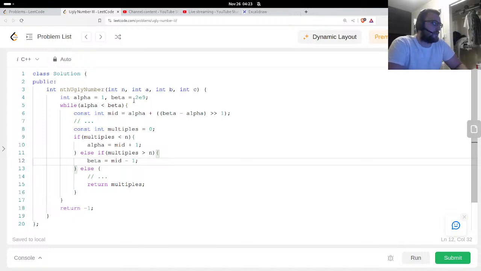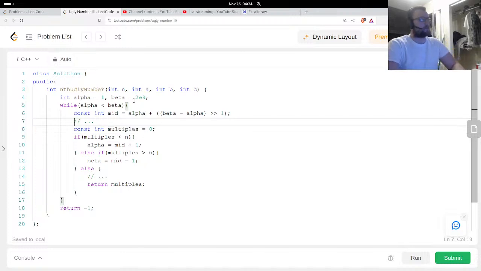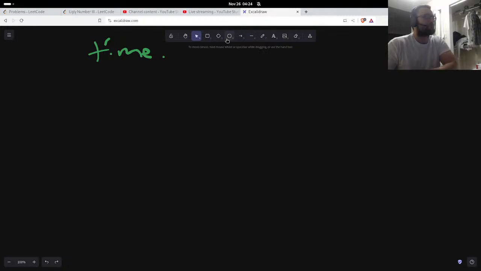Then once I've found that value, two things: I have to calculate how many multiples there are that are less than or equal to this midpoint. And the second thing I need to calculate is, once I figured out a number such that the number of multiples is less than or equal, then I've got to find the largest of those multiples, which is not that hard. It's just going to be from these 3 different sets of multiples. So each set of multiples, as I mentioned, the inclusion-exclusion principle, going back here,